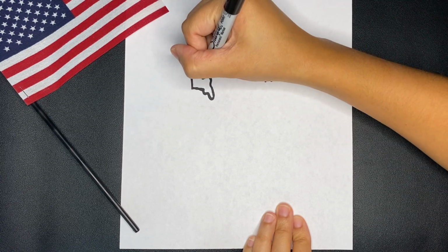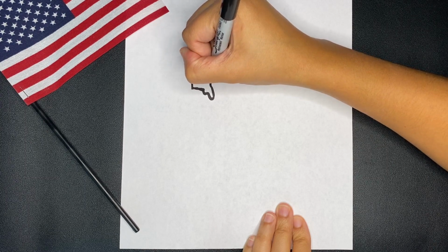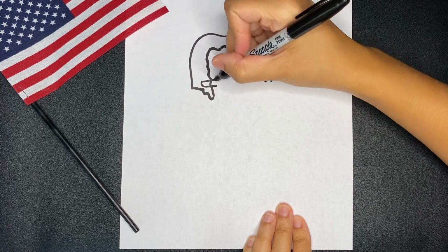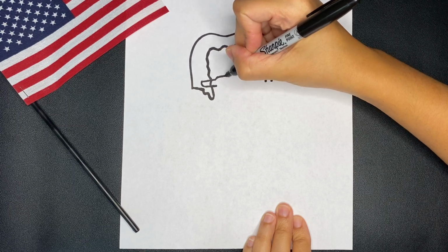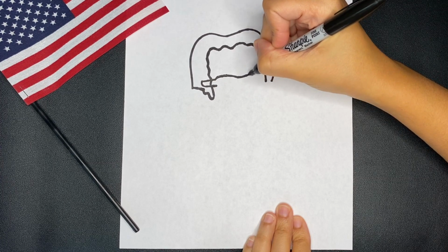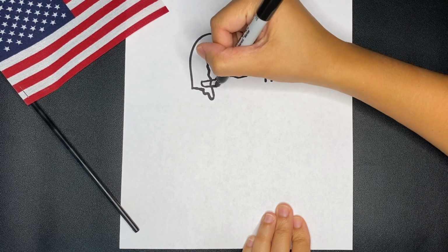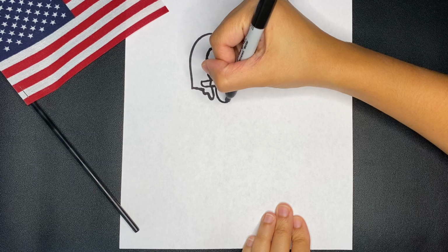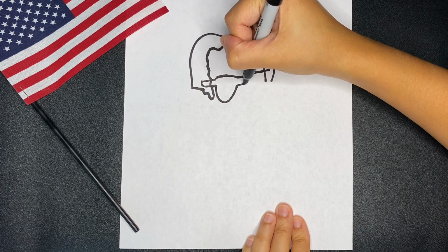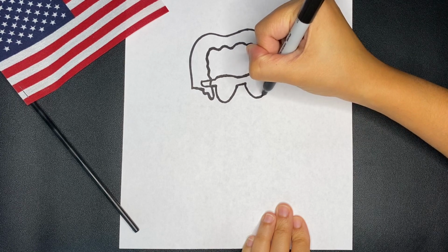From this first side, we're going to make some cool sunglasses on him. We're going to start here and go in, down and in again. These sunglasses are going to go up with a little curve, go in, up, all the way through the other side. This line is going to go down and up, a line, and then another curve to match the first one, down and up,